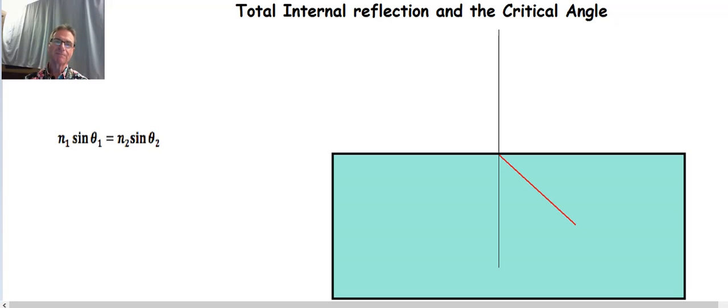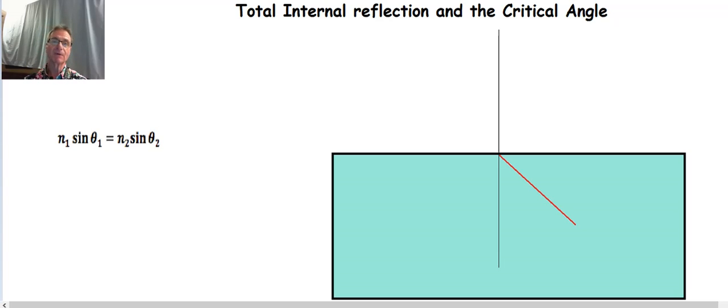Keith Unco here. Today what we're going to be looking at is the concept of total internal reflection and something called the critical angle when it comes to light passing from one medium into another medium. So we've looked at Snell's law in the past, and we know that from Snell's law what happens when light passes from one medium into another medium at an angle other than 90 degrees, the light is going to bend